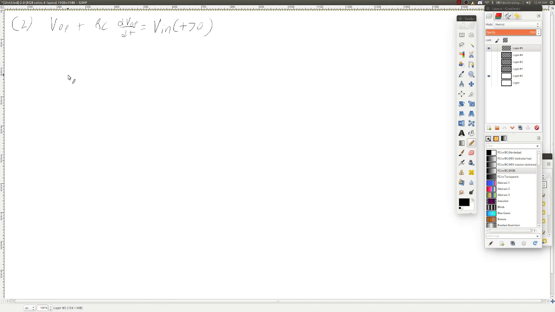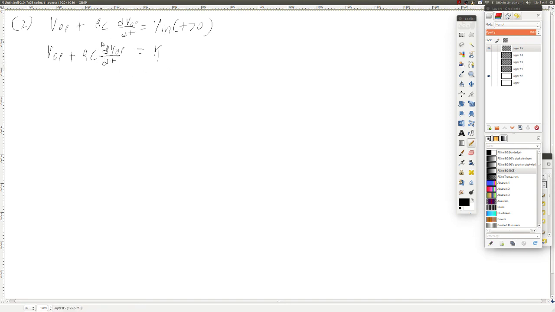Vin for t greater than 0 is a constant, which we'll say is k. That means that VOP plus RC dVOP over dt is equal to a constant. That means that even though we'd be taking a derivative, the term on the left has to be equal to the term on the right, meaning that they can't have varying degrees, or else we'll never get this term on the right,